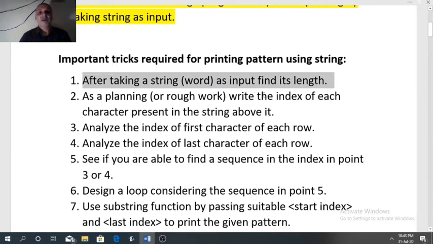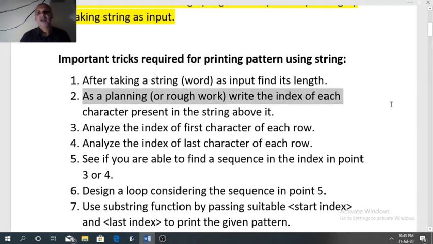After taking a word or a string as input, first we need to find the length in a variable L. Before printing the pattern, first we need to do some rough work or planning. That planning requires writing the index of each character present in the string above it or below it.